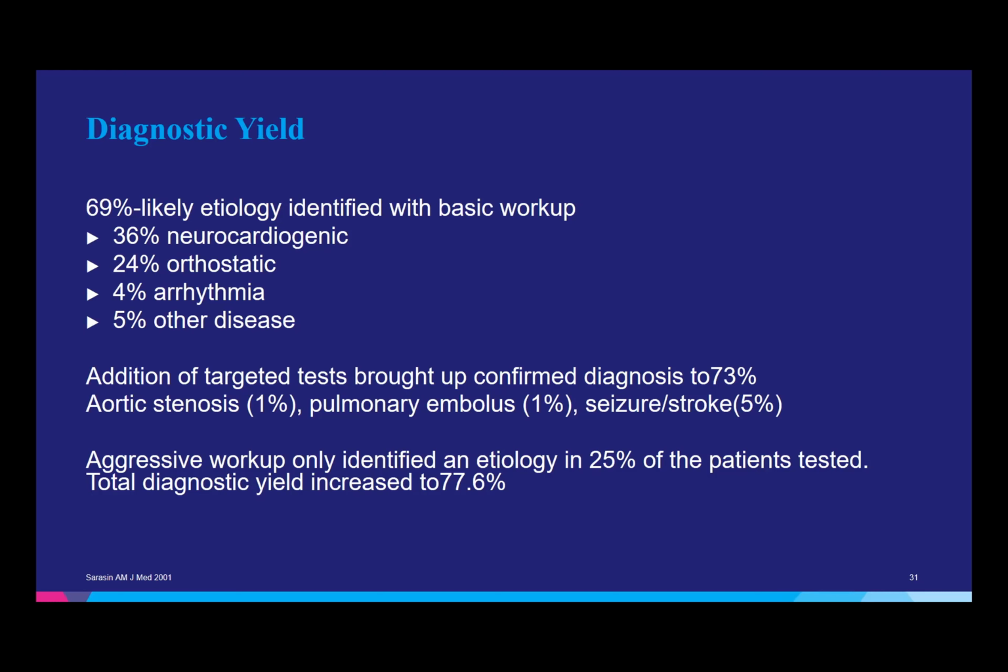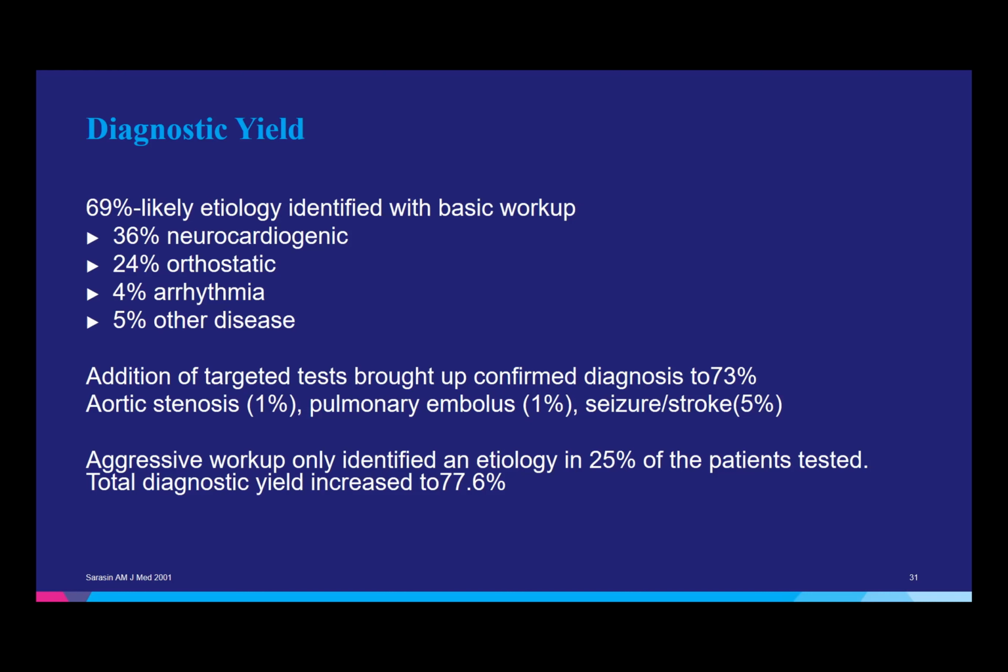I always say this to my teams: when you put someone on telemetry, you should know what you're looking for. The yield of telemetry on an inpatient admission for bradycardia is pretty high. You will uncover 40 to 50% of bradycardic events. But for tachyarrhythmias it's really poor, less than 20%. Some literature says less than 15%. So if you're really suspecting a tachyarrhythmia as the underlying etiology of your syncope, that patient needs outpatient monitoring.